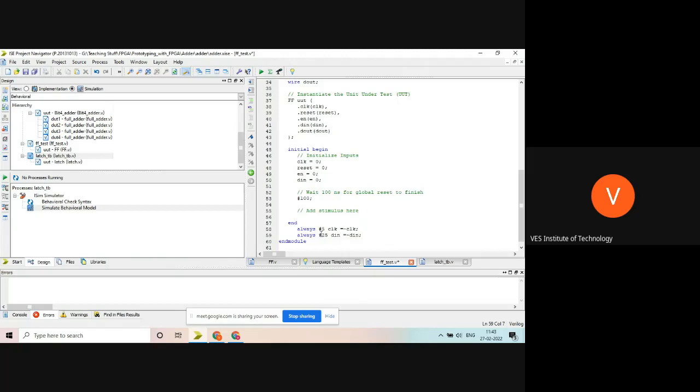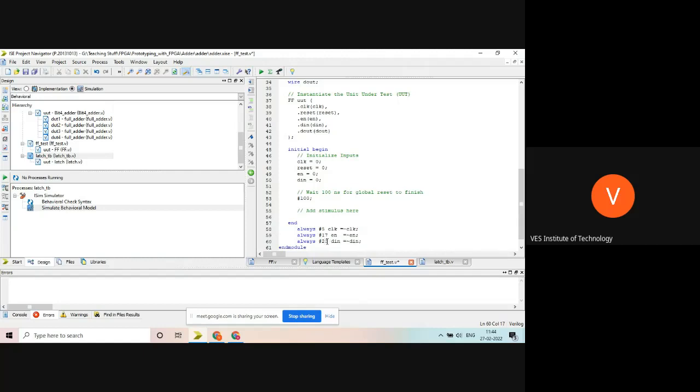I'm changing data at 25, and I'm changing enable at 17. Enable is equal to not of enable after 17, and din is changing at 25.